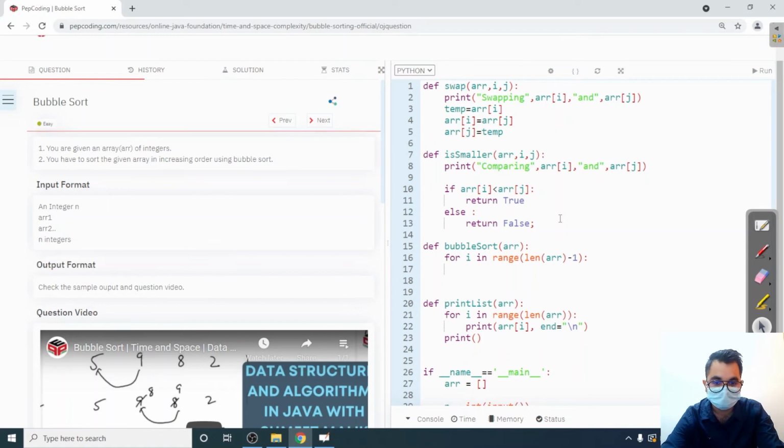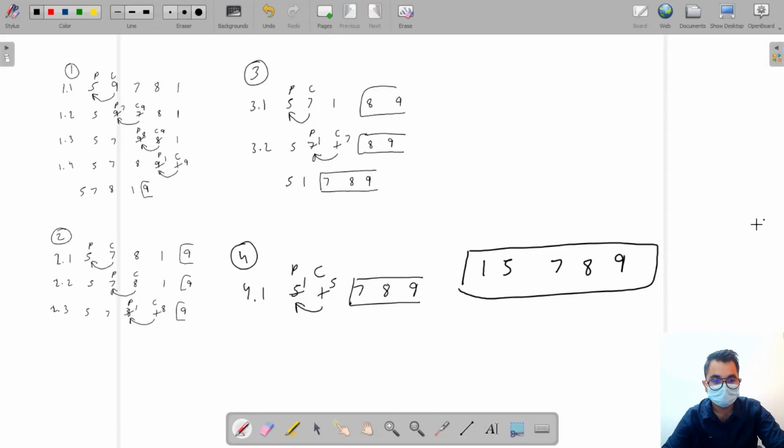So n minus 1 times for this is our current. So for C in range, length of ARR